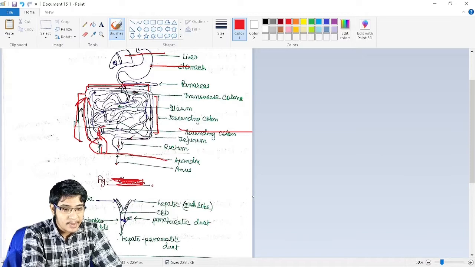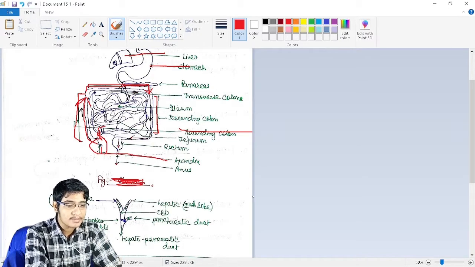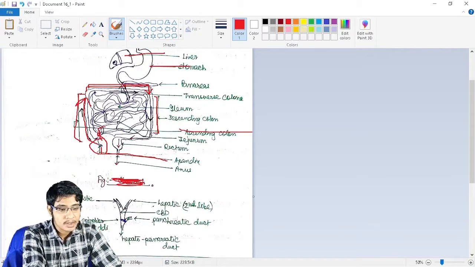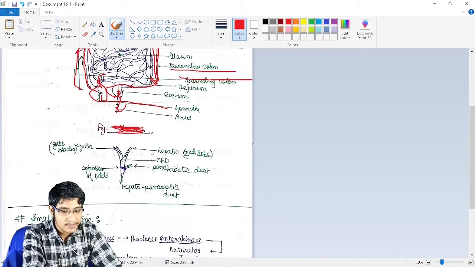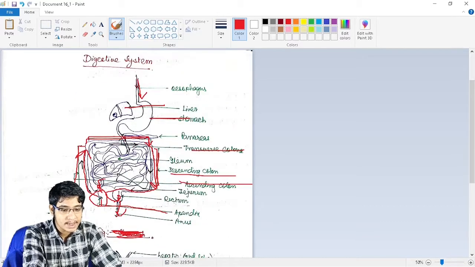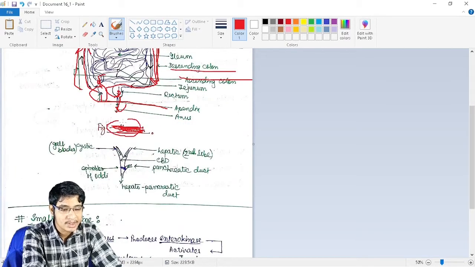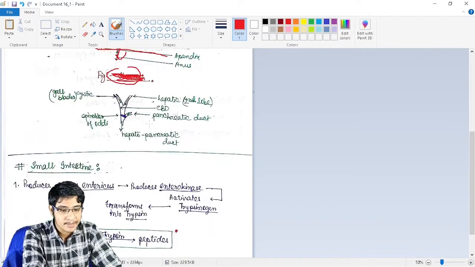Next, the food particles are going from there to the next end of our digestive system, so it is known as transverse colon, and the food particles then go down. From there it comes to the rectum for storing, and through the anus it goes out of our body. As it is coming down, it is known as descending colon. So this was the digestive system. I wrote stomach here; this was a big mistake by me, sorry for that. It should be digestive system.